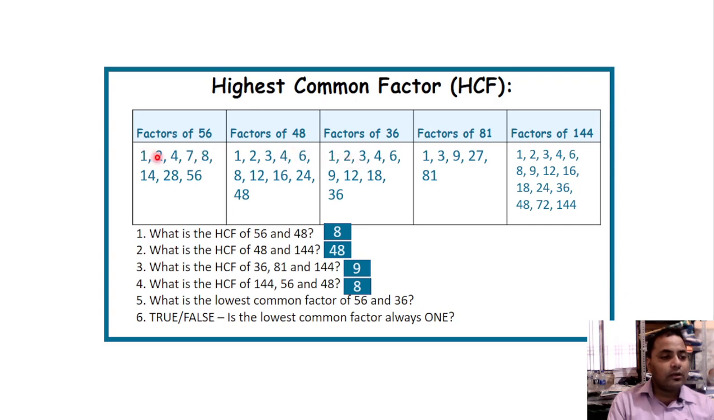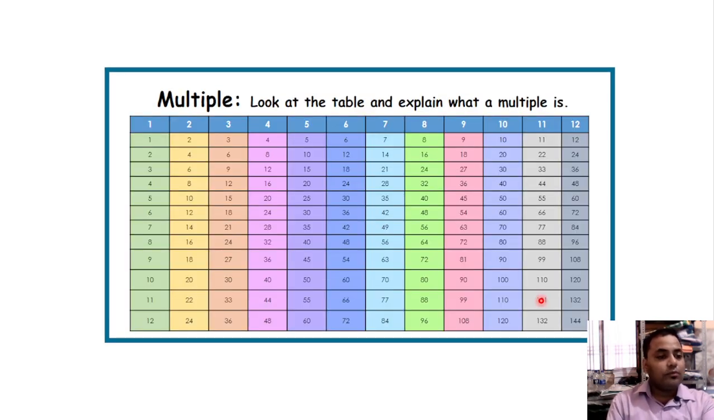So here in 2 and 4, 1 is the lowest common factor of 56 and 36. Now, is the lowest common factor always 1? Yes, this is true, because 1 is a factor of all numbers. Now, look at the